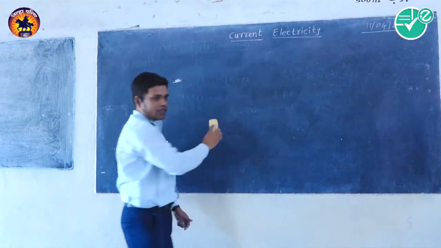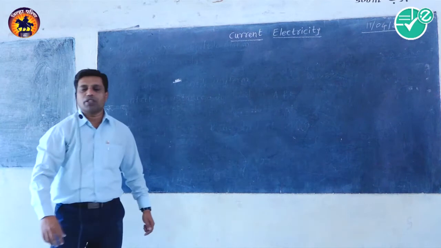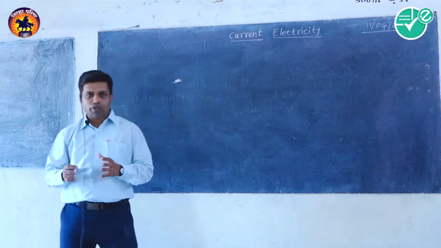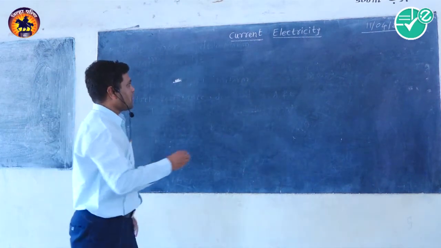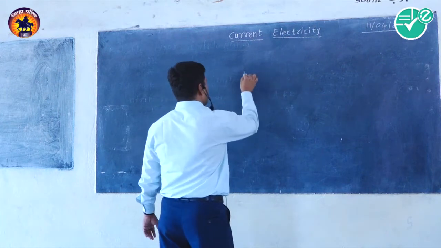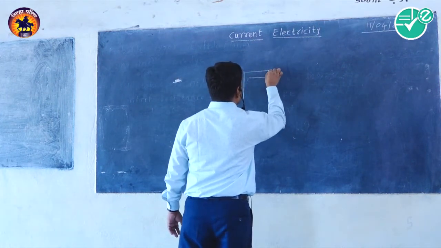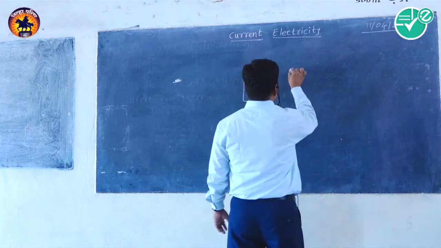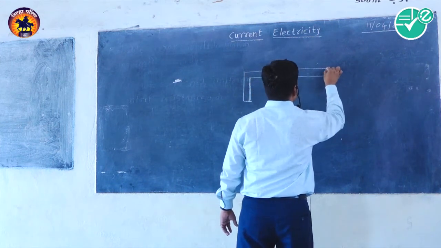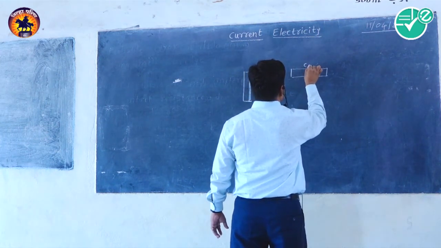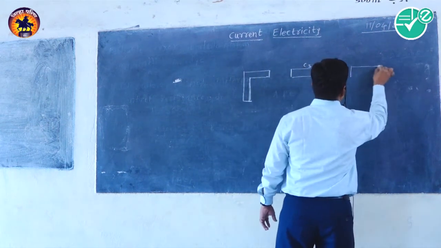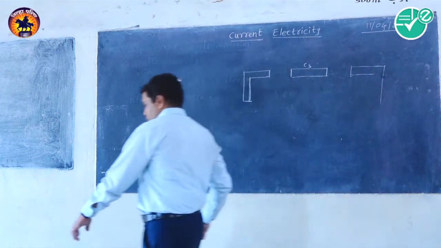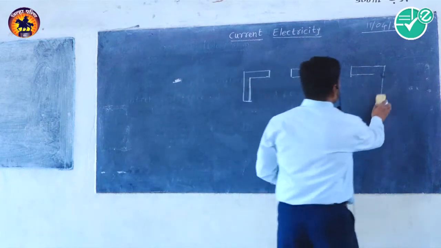So what is Kelvin's method? Kelvin utilized the meter bridge to determine the unknown resistance of a galvanometer. First of all, I will draw the circuit for that. It also consists of two thick copper strips: here the first copper strip is C1, the middle copper strip is C3, and the second copper strip is called copper strip C2.